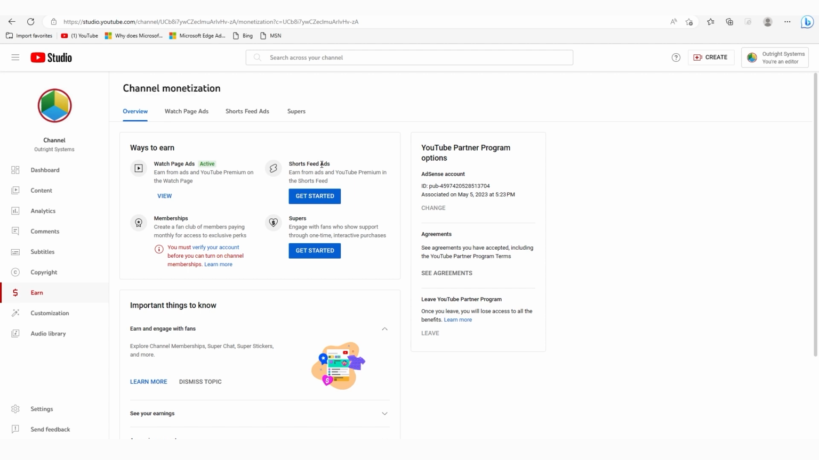There are other options like Shorts feed ads with which you can earn from Shorts. There is a Supers option. With this, viewers can pay you a sum of amount during YouTube live sessions in return for interactive emojis or shoutouts. Last is Memberships. Using this, you can create a community and your viewers can join it to get premium